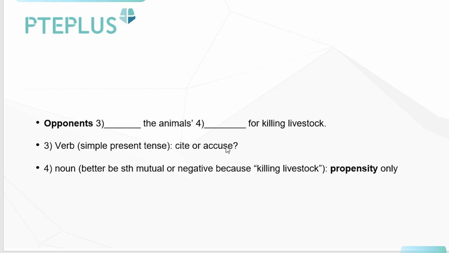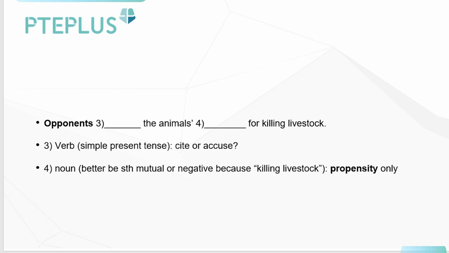Now, can you really accuse animals for propensity, or do you cite animals for propensity? So obviously you would cite, which is talk about, instead of accuse the animals, because this is clearly a fact, so opponents can just talk about it being a fact rather than accuse the animals. Because it doesn't make sense to accuse the animals, right? You accuse humans, whereas you cite facts and you cite animals for